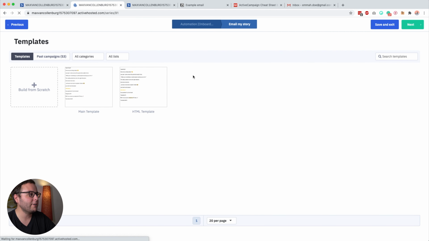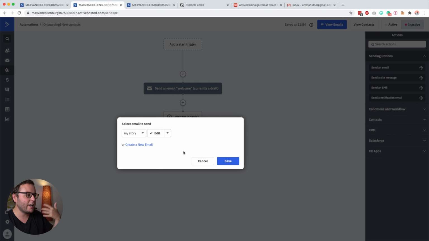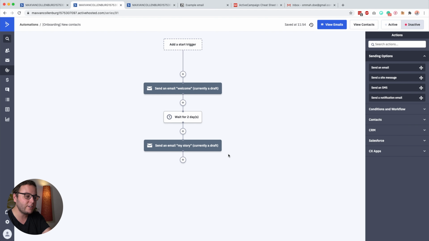And then you can basically create a whole sequence like this. You can also add if elses again to check maybe if they open these emails. If not, then you can also do something again. So that is basically how you can create a little onboarding sequence of emails. Now, but how do people get into this onboarding? Now, I'm glad you're asking.